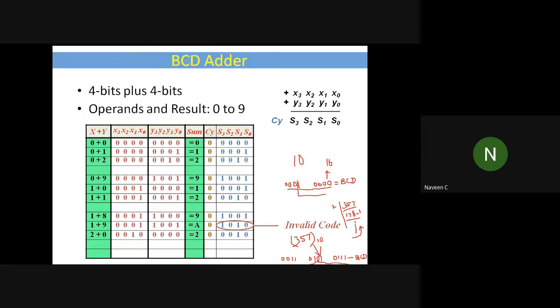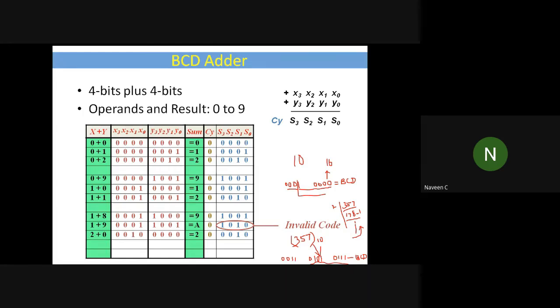The same value, what is the equivalent value? Decimal value means it is 357 plus 6, so the value is 363. If you see the binary equivalence, if you take this number as a binary number and try to convert it back to a decimal number, the value will be 363. So once you understand the relation between binary to decimal and binary to BCD, the logic you can easily frame.